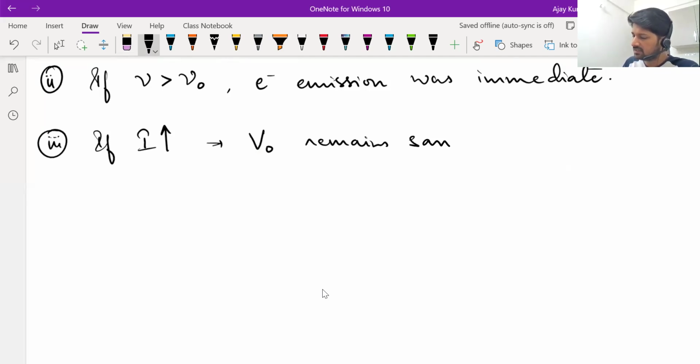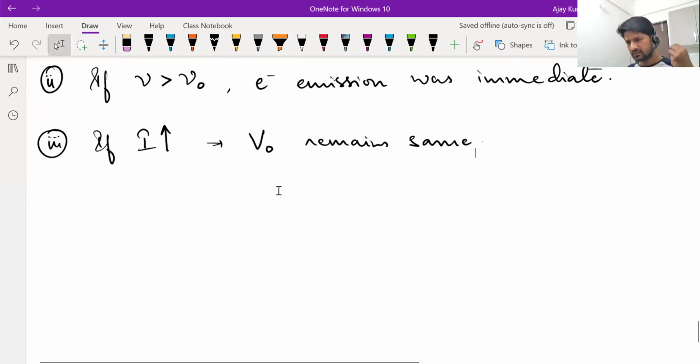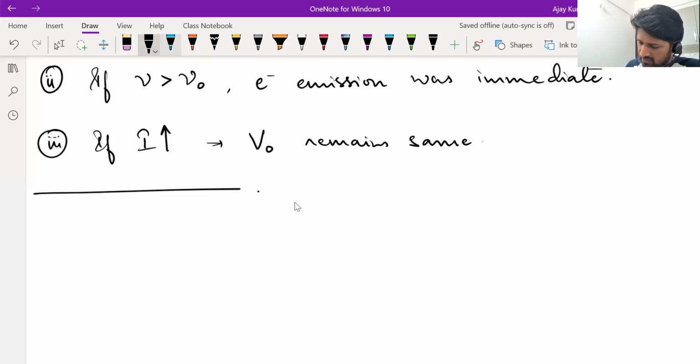This means electron energy is independent of the intensity of the waves. This also made them doubt the wave nature of light. Not doubt, actually, it contradicted the wave nature of light altogether. So there had to be another way of looking at light, not only as a wave. That is when Einstein came into the picture and proposed Einstein's photoelectric theory.